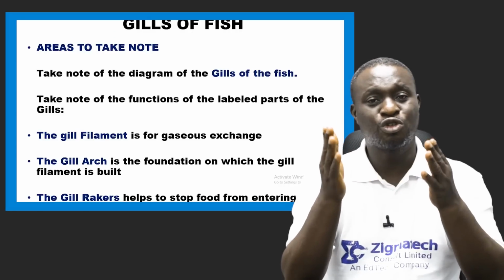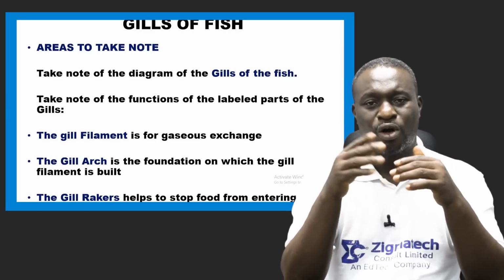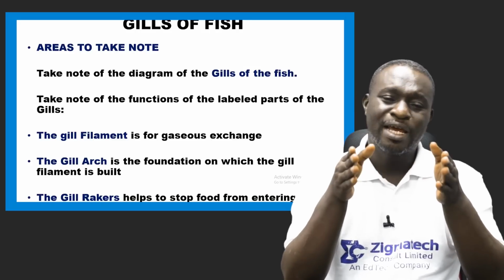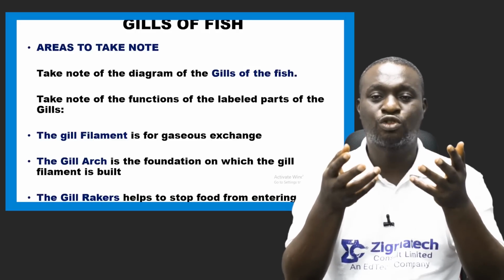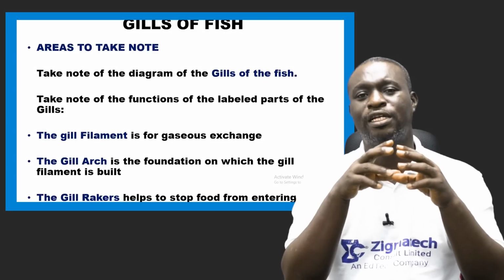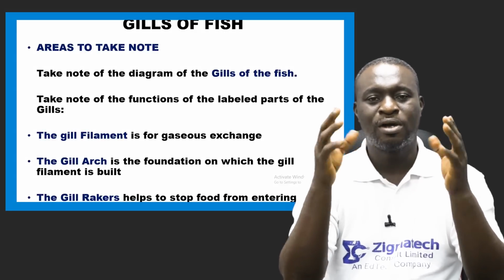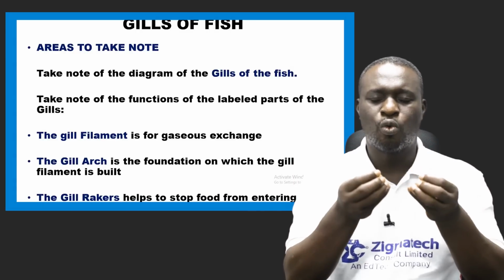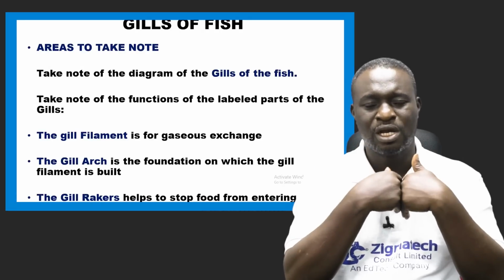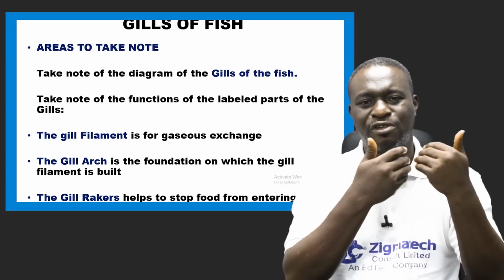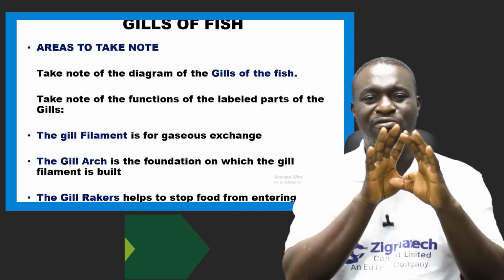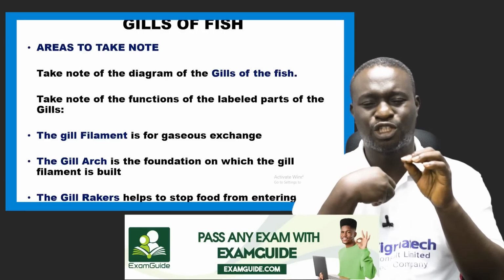Most times you should note the working operation of the gills of the fish, how the fish uses the gills when in water. When a fish wants to take in oxygen, like breathing in and out, it opens its mouth and closes the upper column, so water rushes from the water bodies into the mouth of the fish. As it enters the mouth, it gets to the gill chamber. At the gill chamber, the gill rakers help to prevent food particles from entering into the gill chamber,